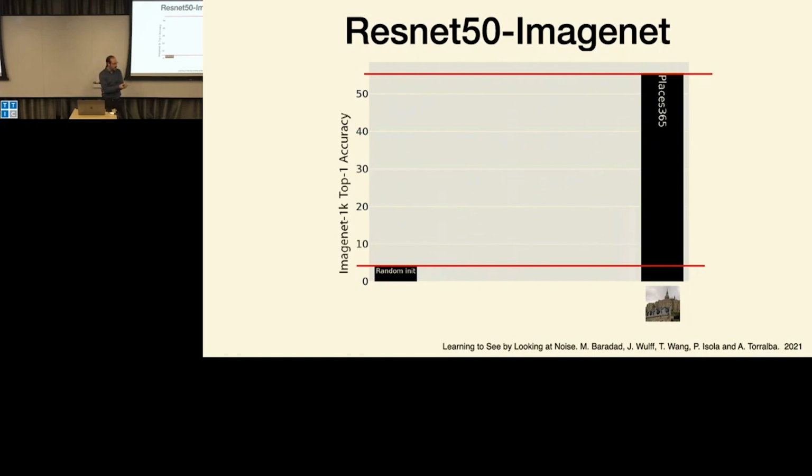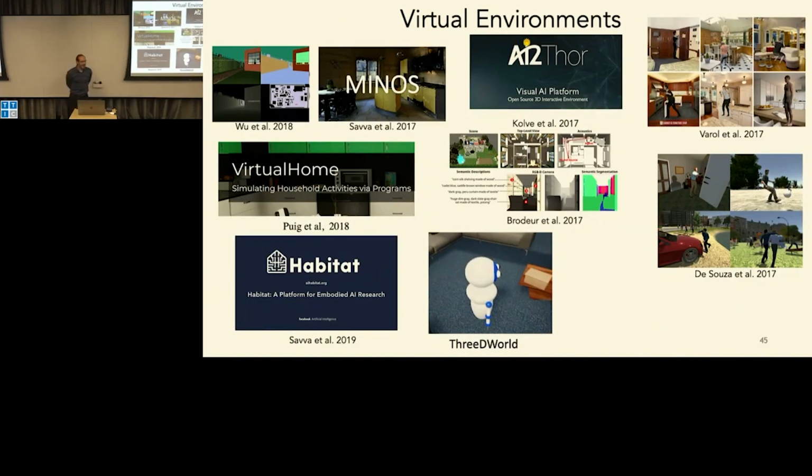People have shown that these neural networks, even without training, already do interesting stuff. So, this is what happens if you train with a database of images, in this case Places, which is different from ImageNet, but you can train with that using contrastive learning and then apply a linear classifier and then you get much better. So, you have a lower bound and an upper bound, and the question is, can we get something in the middle here? So, the other thing that you could do, if you are not allowed to use real data,